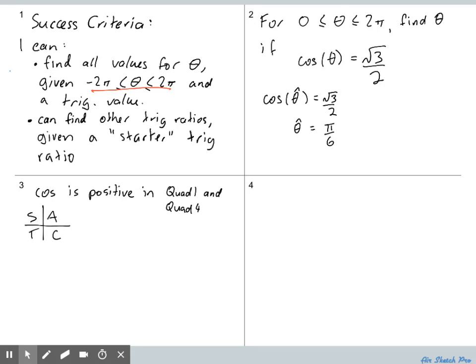So we have cos positive here and cos positive there. Why did I pick on the positive quadrants? Because cos of theta is root 3 on 2. If cos of theta was negative root 3 on 2, we would be looking at these two quadrants where cosine is negative. But because root 3 on 2 is positive, we need to be looking in the quadrants where cosine is positive. So we can conclude